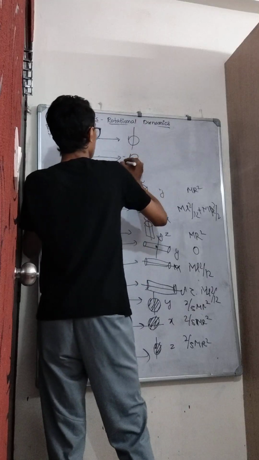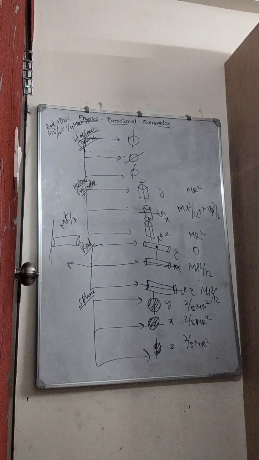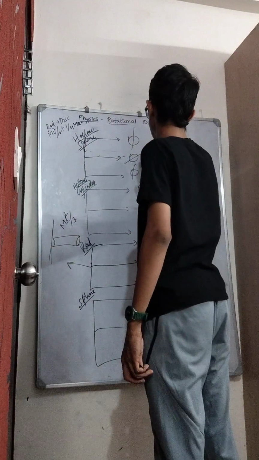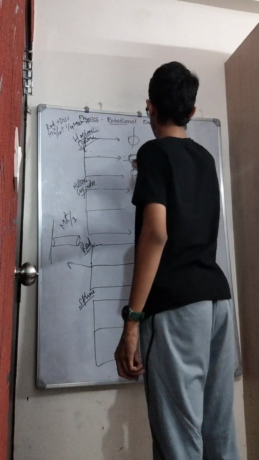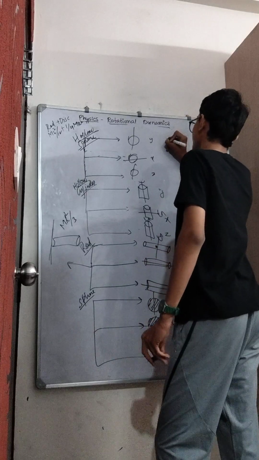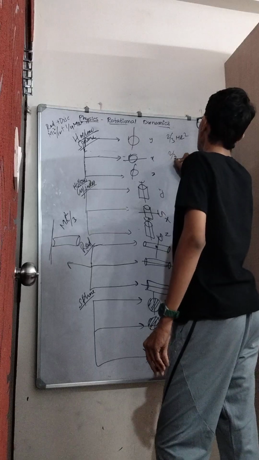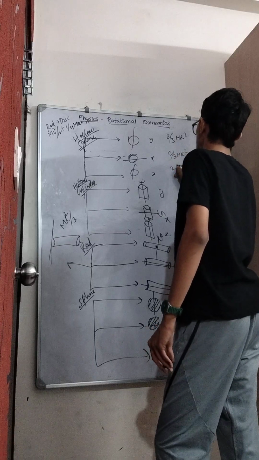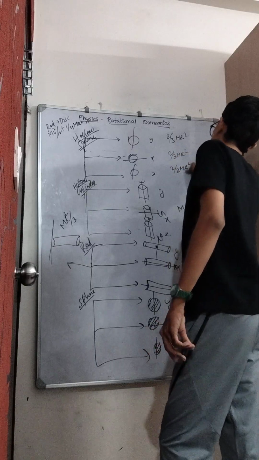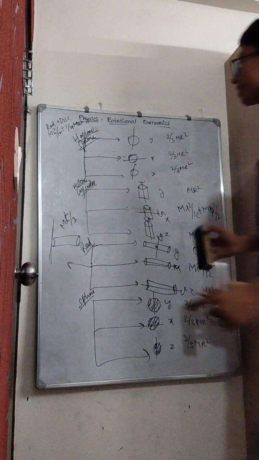That means hollow sphere will be obviously y, x, z. That means it will be 2 by 3 mr square, 2 by 3 mr square, and 2 by 3 mr square. Very simple, no need to take tension. And last one,